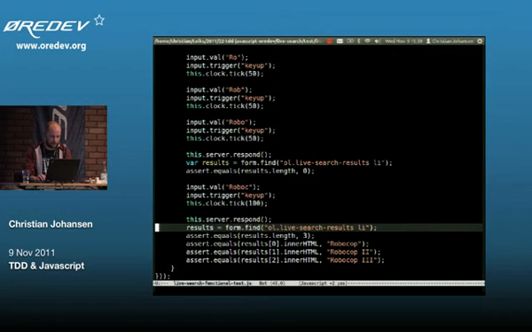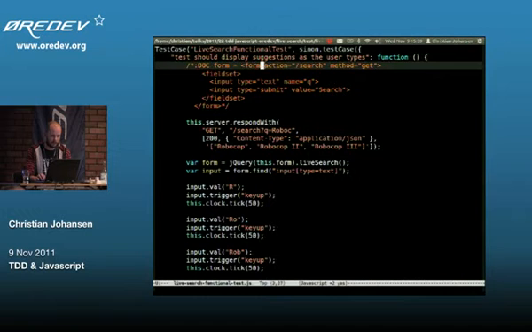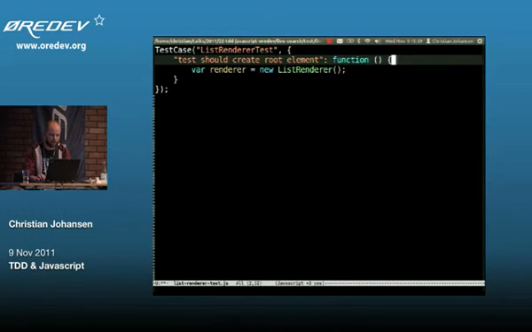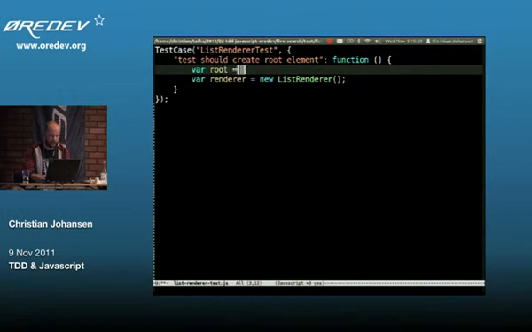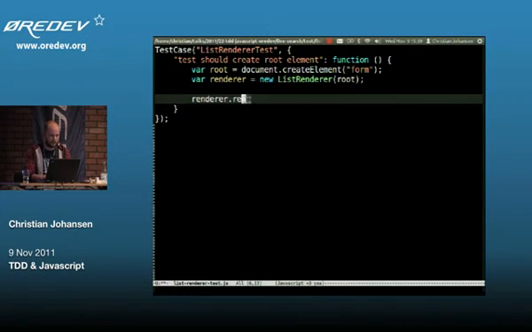And if you look at the other test here, I wanted actually to put the list inside the form up here. So what I'm going to do is have the renderer take a root element. So I'll say document create element form, and I'll pass it in like this. And then when I say render,